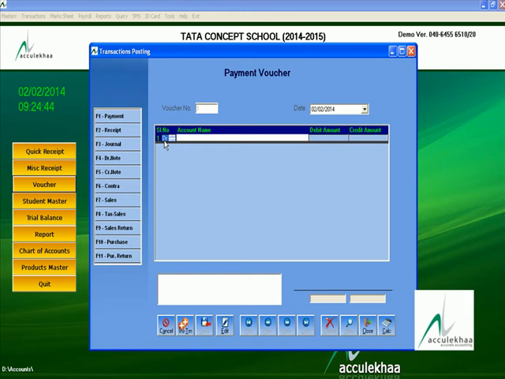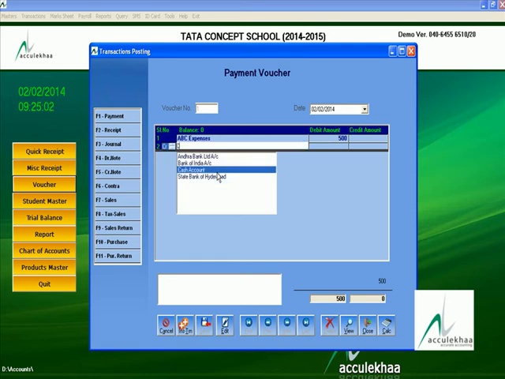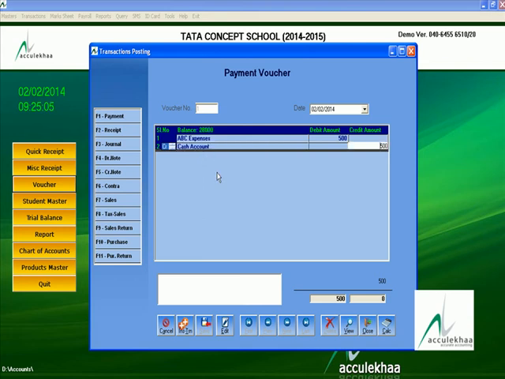In this I am selecting ABC expenses, amount 500 rupees. Automatically it will appear on the credit, then you have to press enter, select the cash account, type the description, expenses, press enter, press enter.